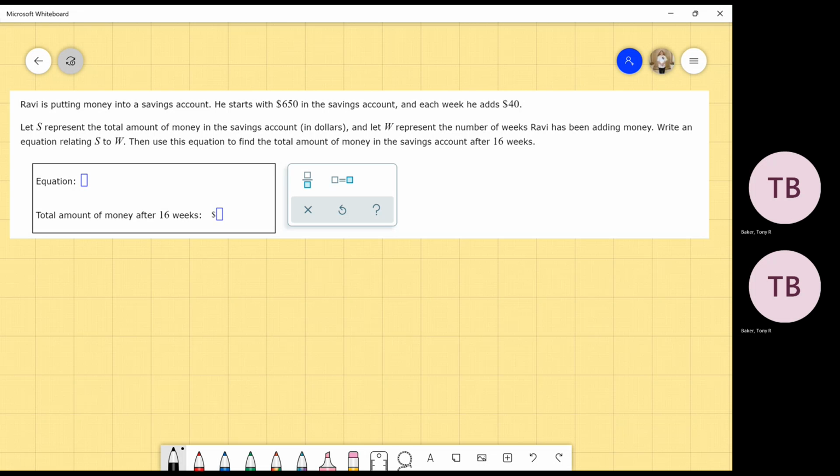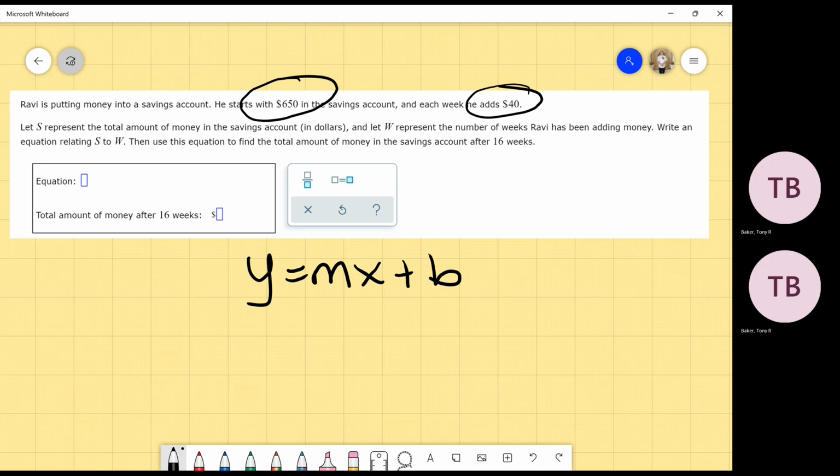So when you're looking at this problem, this is your y equals mx plus b, your simple slope-intercept form equation. So write that down. So y equals mx plus b. So now we're going to plug the information in. So in this case, which is my slope, the 40 or the 650? Which one's going to be changing? The 40. Every week he's doing 40. So it's 40. And weeks was W, right? So that's W. And he started with,